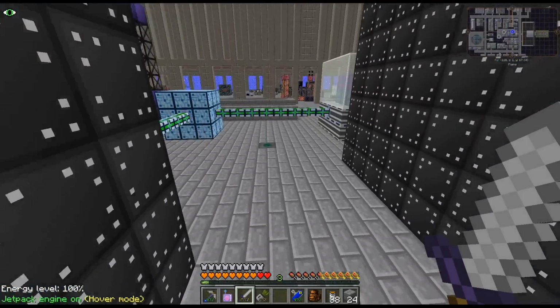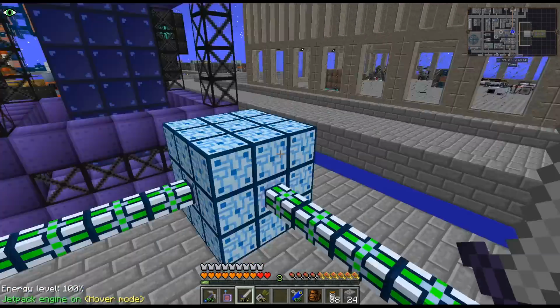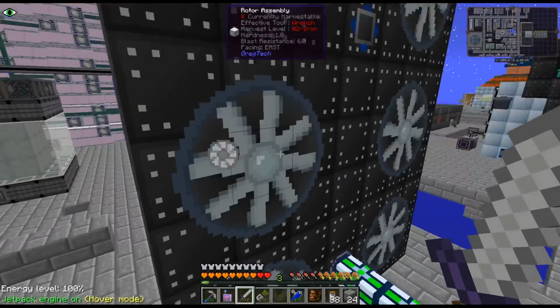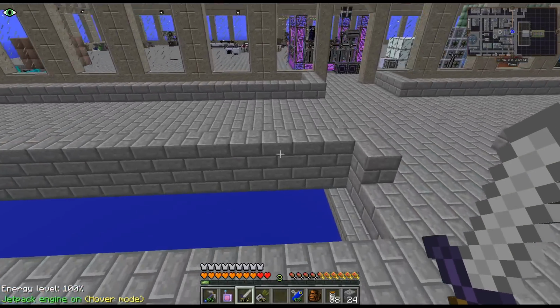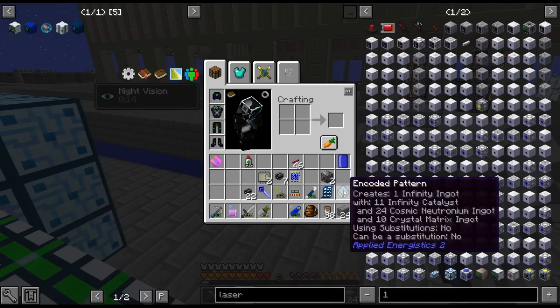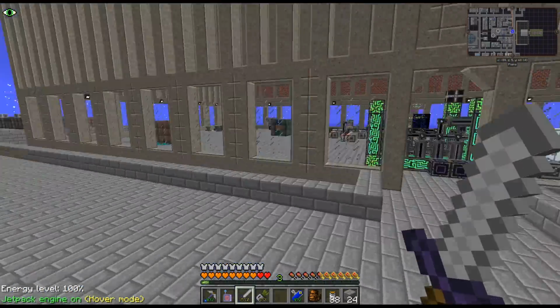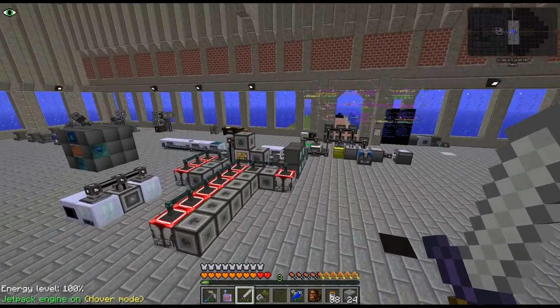I am crafting up the infinity. I did just craft up a whole bunch of infinity ingots the old way for the turbines. I basically just switched out the recipe, crafted up a whole bunch, and then switched the recipe back. But I do think, since that has been sped up a bit, I'm gonna craft up infinity